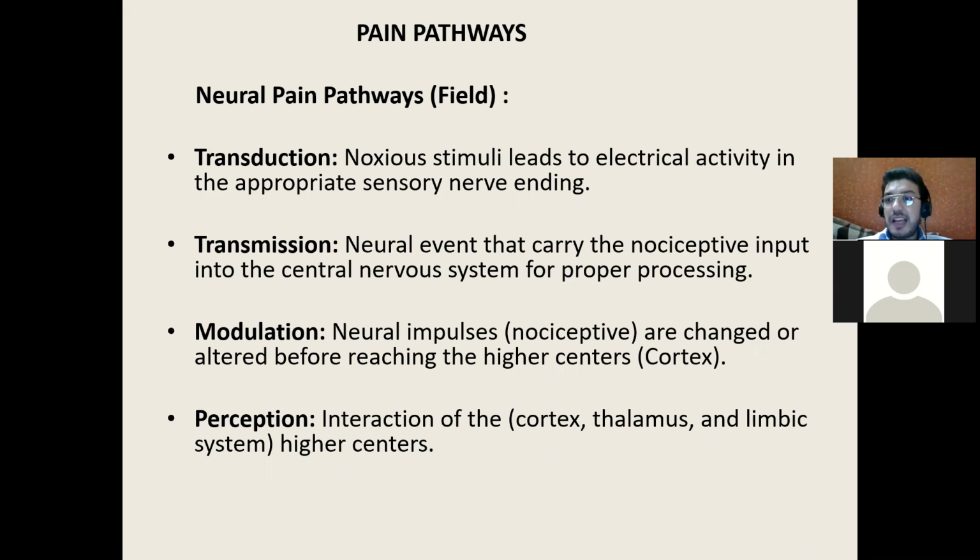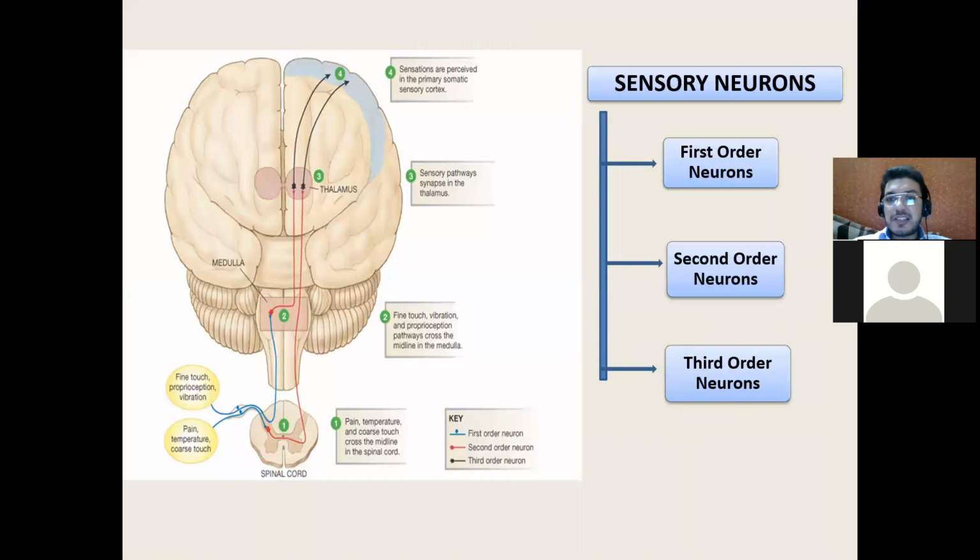So you need to understand that there is something called the somatosensory cortex. Now, this is a very clear picture. Try to understand, this is a little difficult topic to get into so easily. Whenever we are talking about sensory neurons, you have got three types of neurons: first order, second order, and third order neurons.